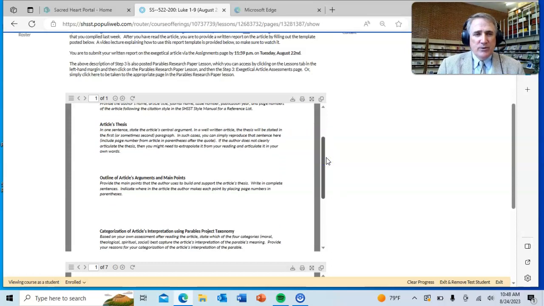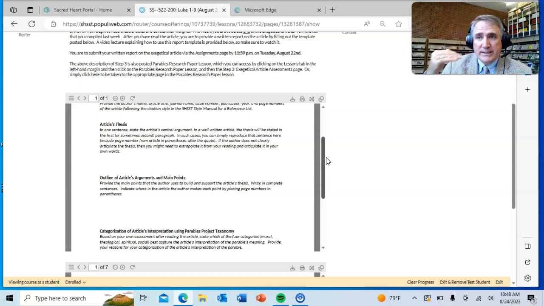Then what you're going to do is provide the article's thesis. If it's a good, well-written article, it should have the thesis articulated. There should be one sentence that captures the main argument of the article. That often appears in the first paragraph. Sometimes an author will do some introductory discussion, and then in the second paragraph you'll get the articulation of the thesis. So you'll have to figure out what the overarching